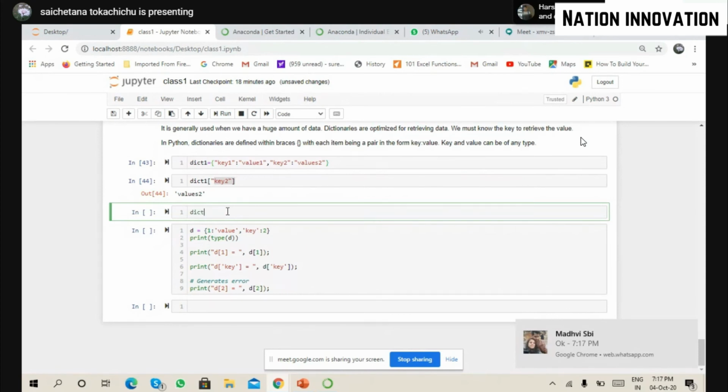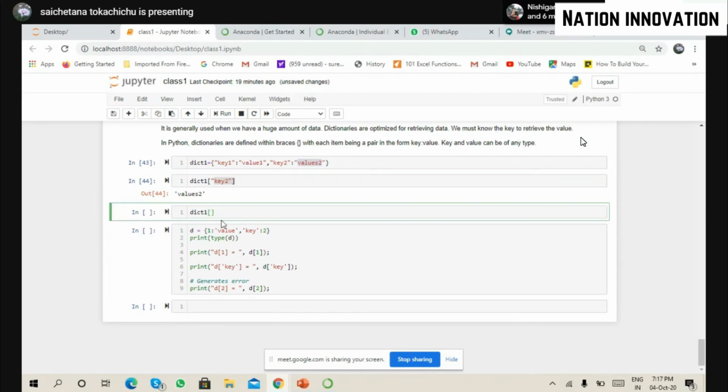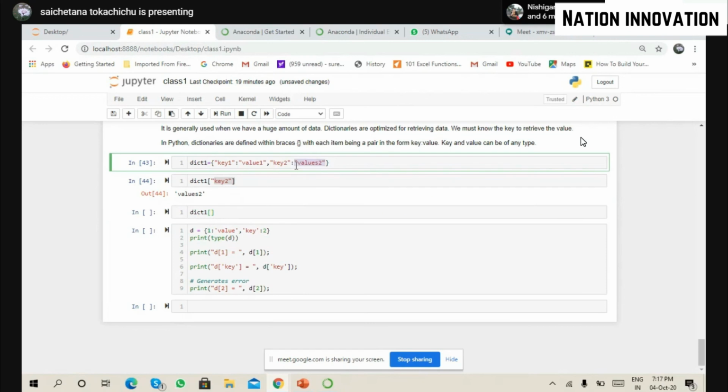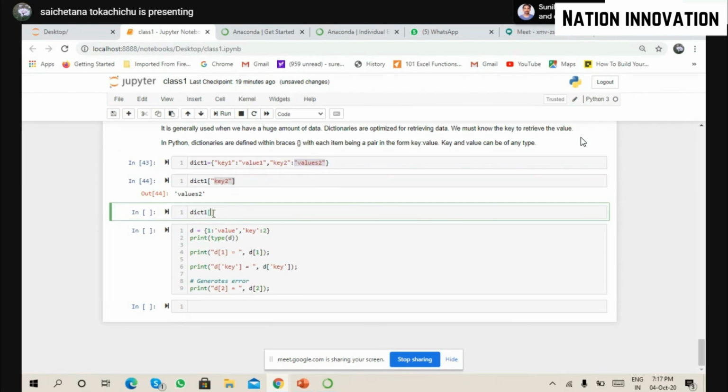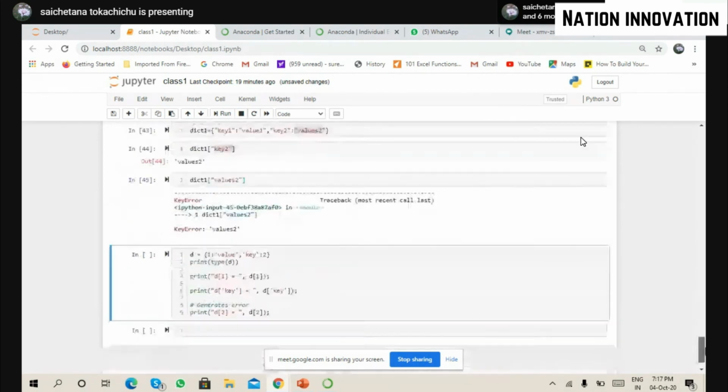But if you want to do the reverse of it, that means I want to find out the key of value 2, and I do this with value 2, I get an error. Why? Because our dictionary is only able to access the keys.